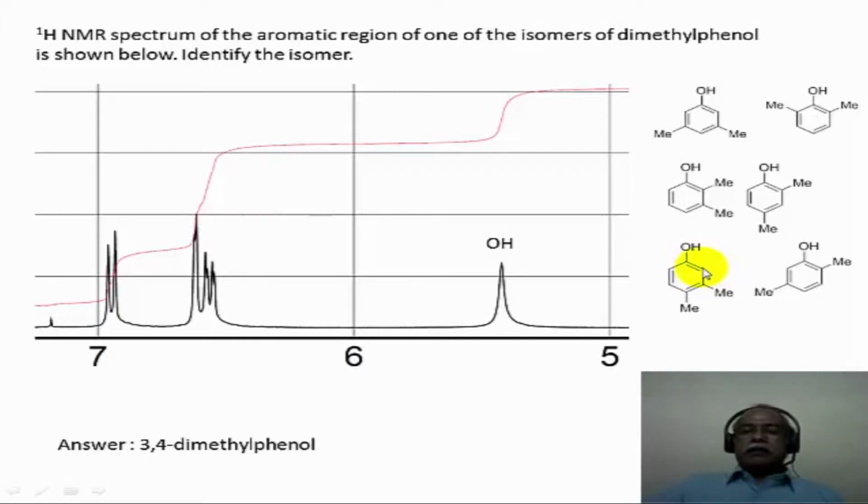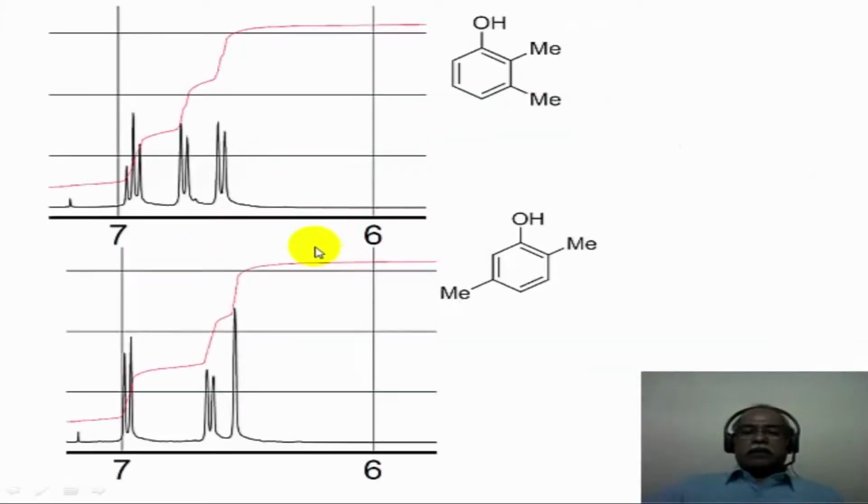This particular hydrogen, which is ortho hydrogen, is coming at a higher delta value compared to this particular ortho hydrogen, and because of the substitution that is present in the meta position, this is relatively speaking less electron dense compared to this one. That is the reason this singlet is coming at a higher delta value, whereas in this particular case, this ortho hydrogen comes as a singlet at the lowest delta value. Then comes the para with an ortho coupling partner as a doublet. Finally, the meta hydrogen also comes as a doublet around 7 ppm or so in this particular spectrum. So one can use the substitution pattern.